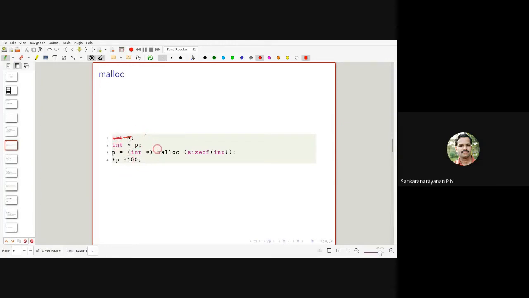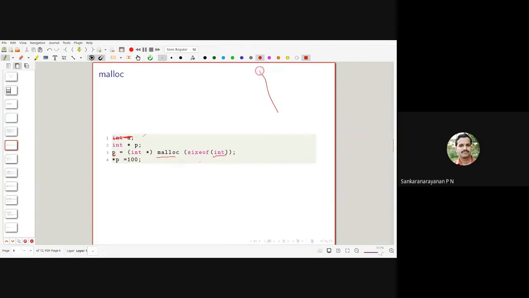Then int star p, and we are using p equal to int star malloc size of int. So what does this reserve? What is the size of integer? That many bytes are allotted from the heap, and that address is given to p.